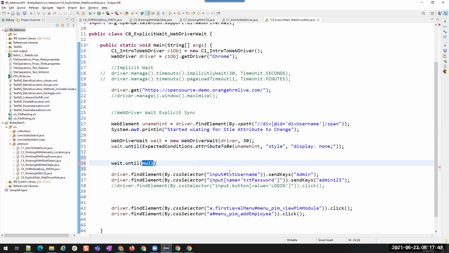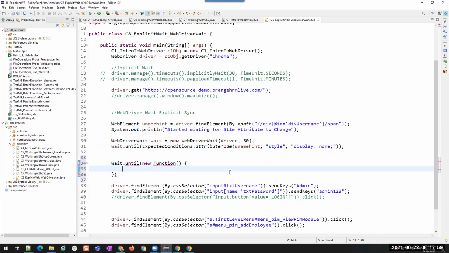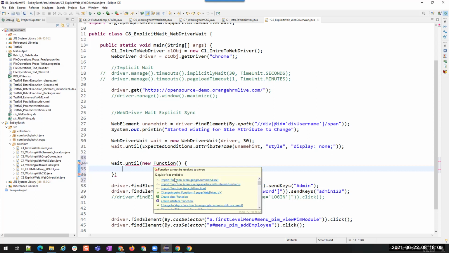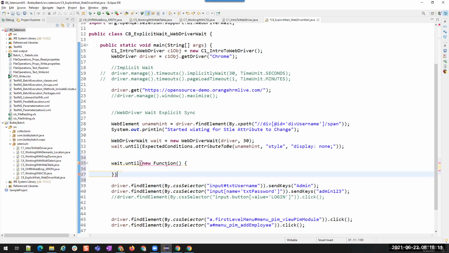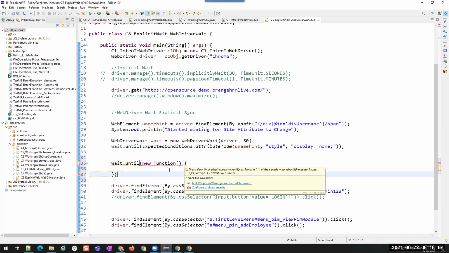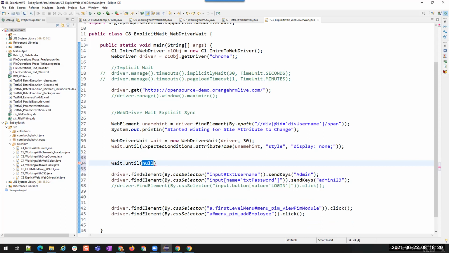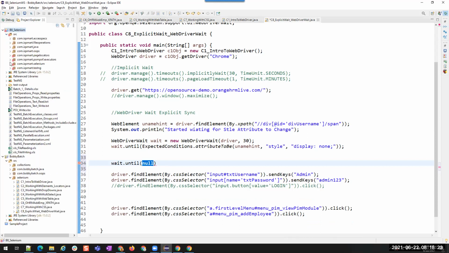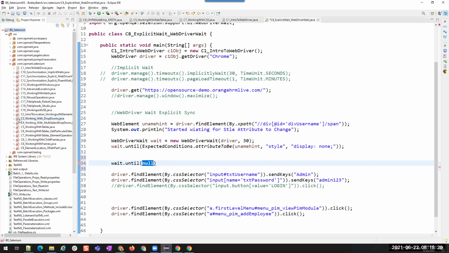I want to write my own function, so I'll use new Function, from java.util.function. Generally, we don't use these user-defined functions, but if needed, we can use it. So that's why I'm showing that.